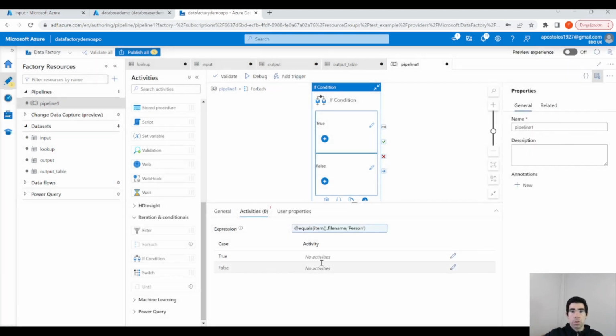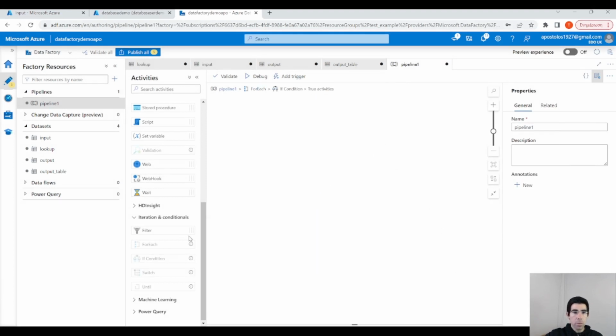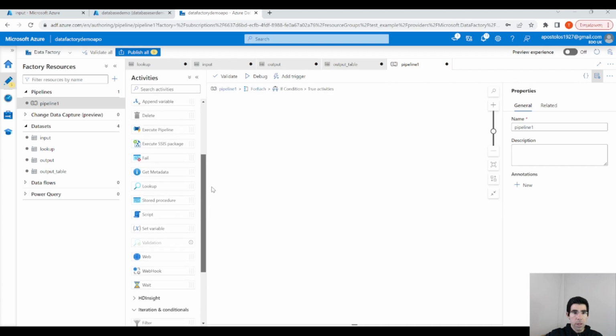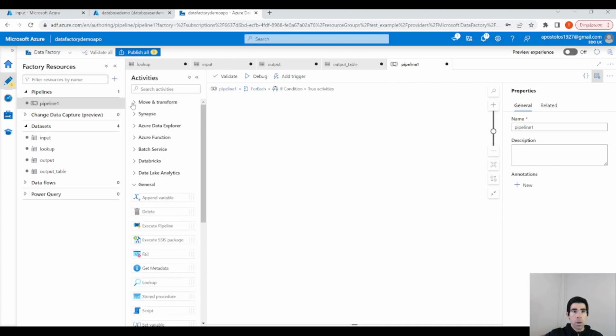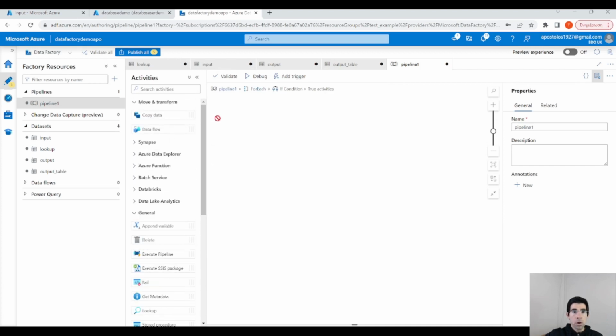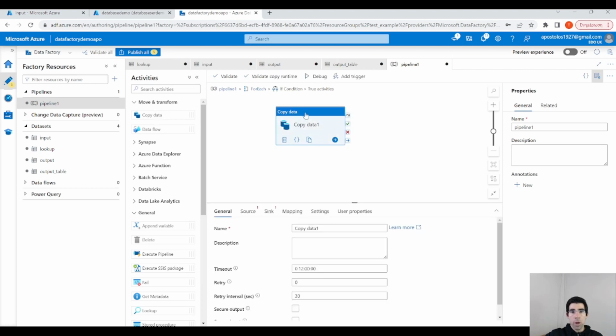then if this condition evaluates to true, let's add an activity. Click on the pencil here, and drag and drop a copy activity, because if the condition value is true, we are going to copy the data from the input container to the output container. Let's call it copy